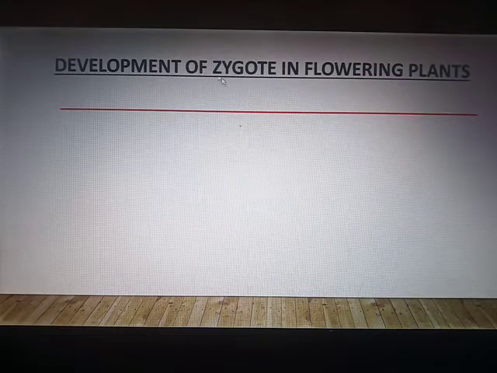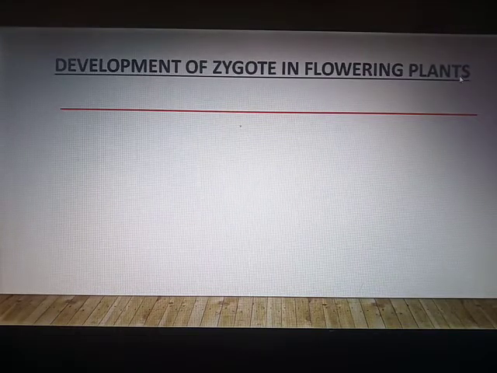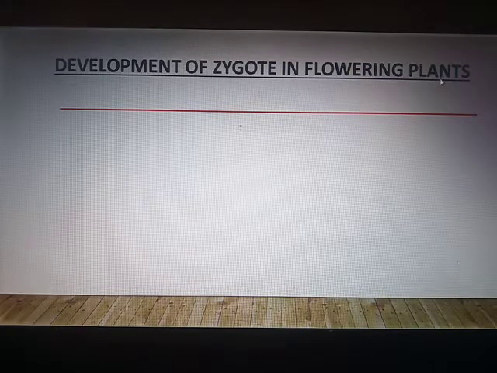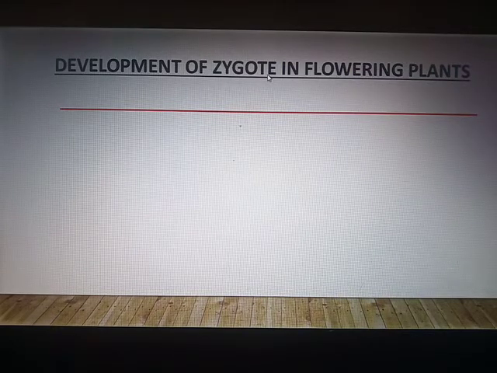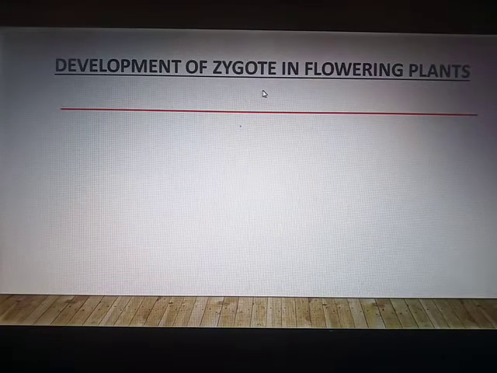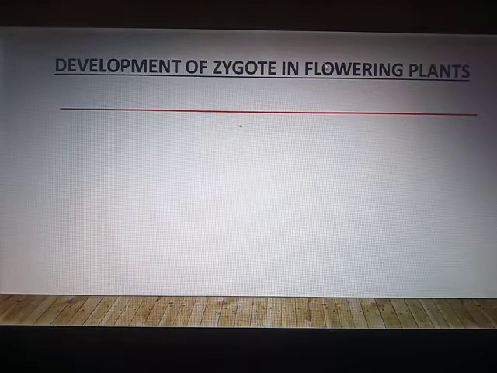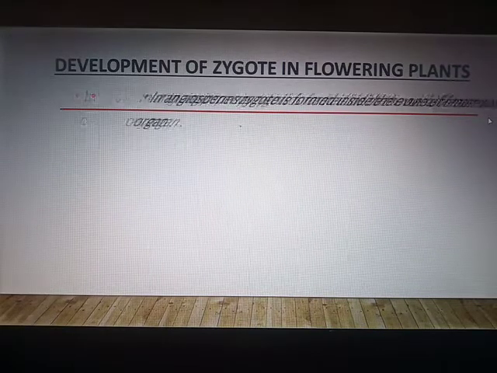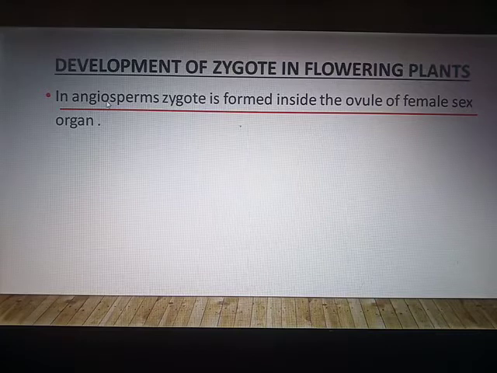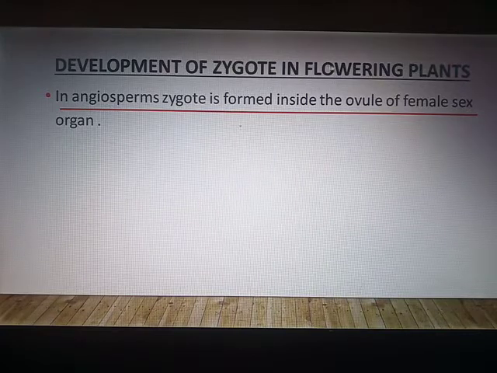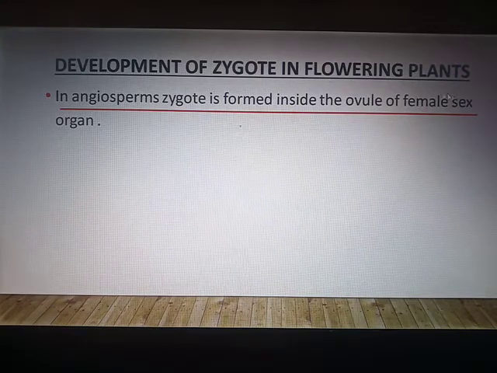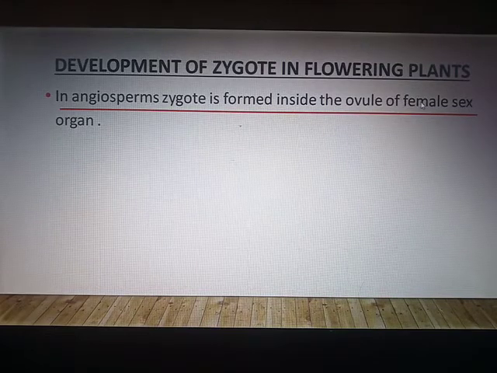So students, let us discuss development of zygote in flowering plants. We already discussed development of zygote in mammals. But now we shall be learning about development of zygote in flowering plants. So students, angiosperms are known as flowering plants. In angiosperm, zygote is formed inside the ovule of female sex organ. Female sex organ is ovary,